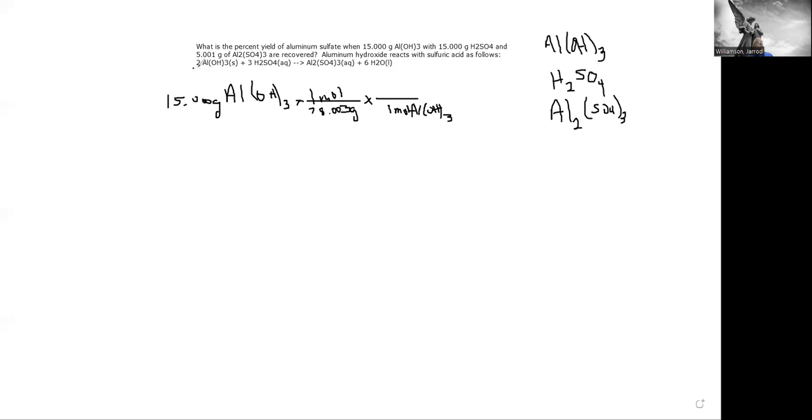See right here, that's 2 moles of the Al(OH)3. So let me change that with a 2 moles of that will make 1 mole